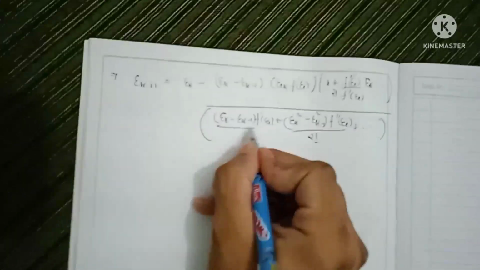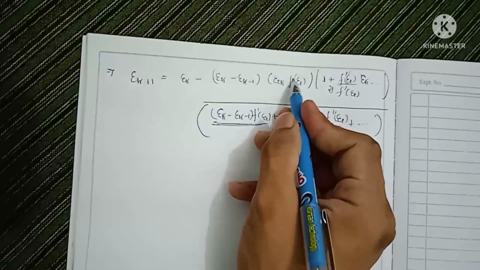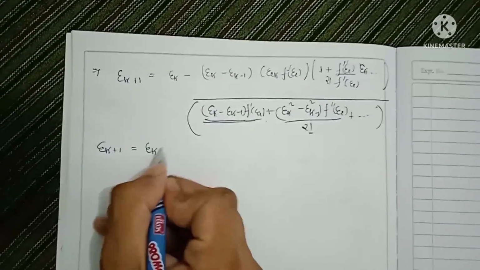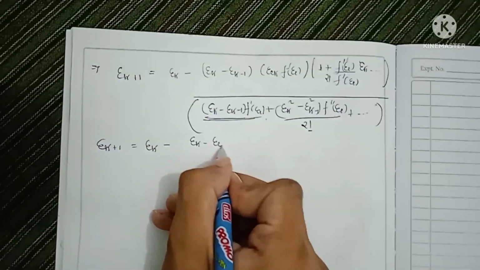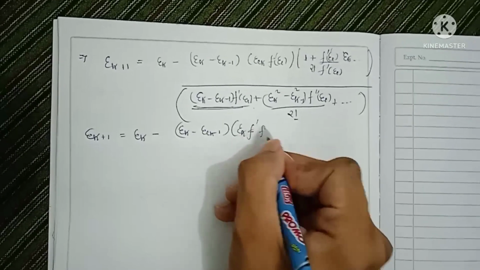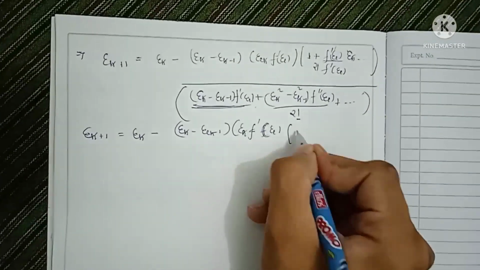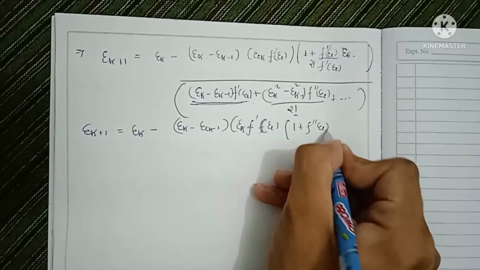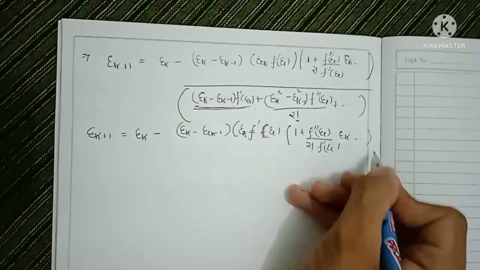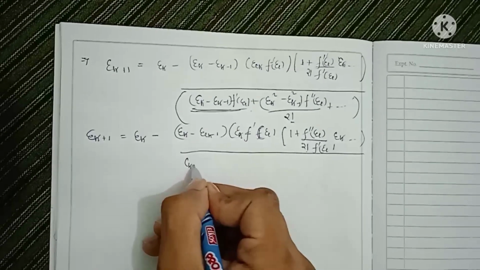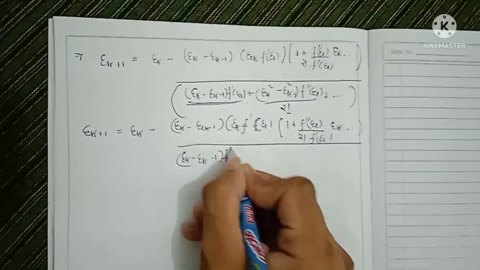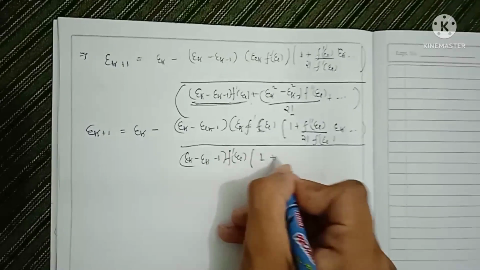From here we can say that if we take out common this, then this and this will cancel out, simple, and we would have e^k minus e^k minus e^(k-1). Simply rewriting these terms, you can fast forward here a little bit, and we would have 1 plus f double dash epsilon upon 2 factorial f dash epsilon_k upon, here we will write e^k minus e^(k-1), and f dash epsilon, take this common out,